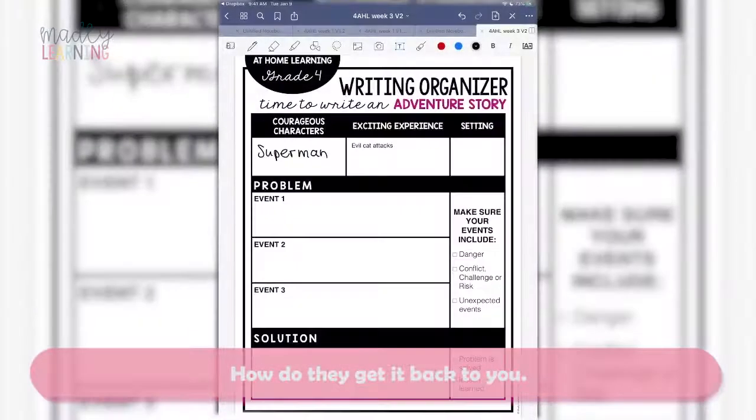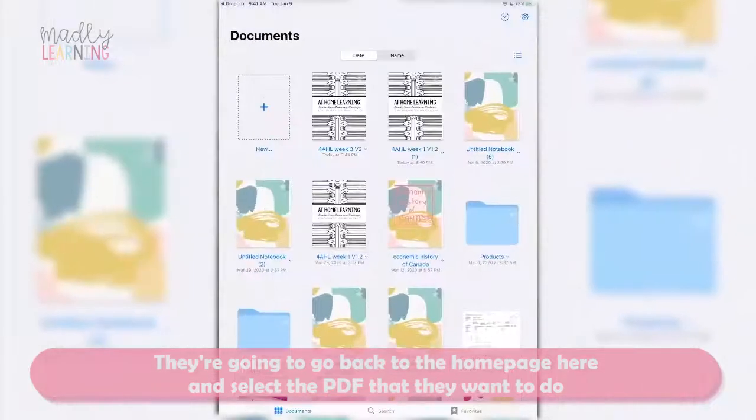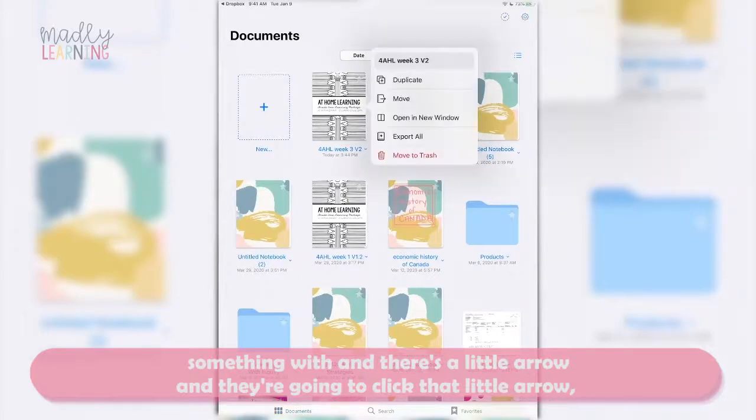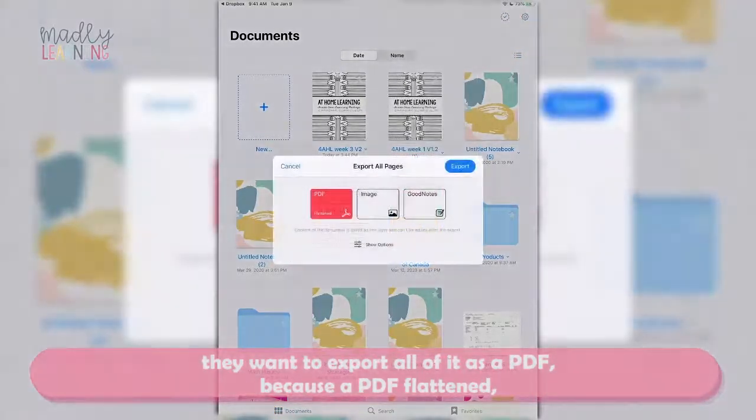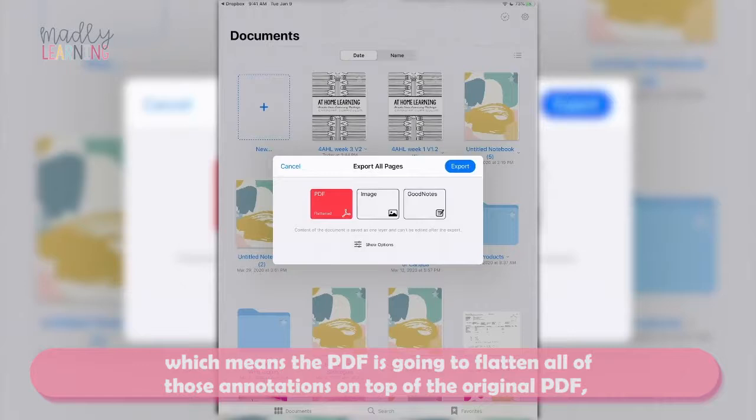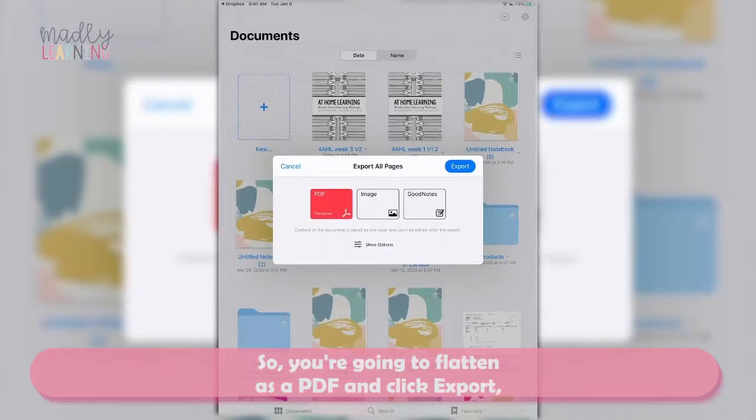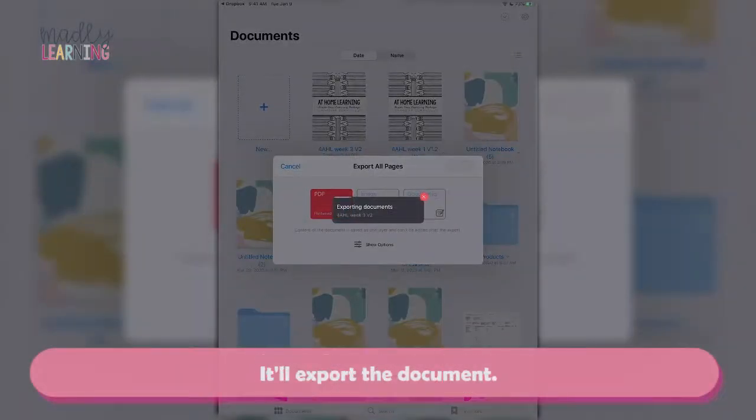And how do they get it back to you? They're going to go back to the home page here and select the PDF that they want to do something with. And there's a little arrow and they're going to click that little arrow. Now they want to export all of it as a PDF because a PDF is there. So it says flattened, which means the PDF is going to flatten all of those annotations on top of the original PDF. So it becomes all one. So you're going to flatten as a PDF and click export. It'll export the